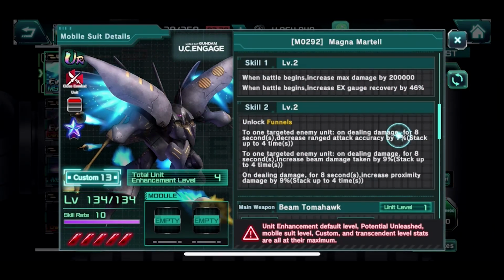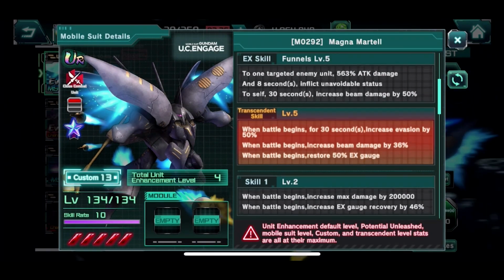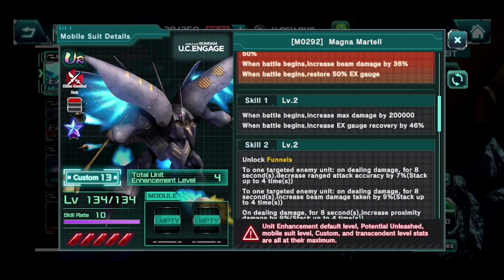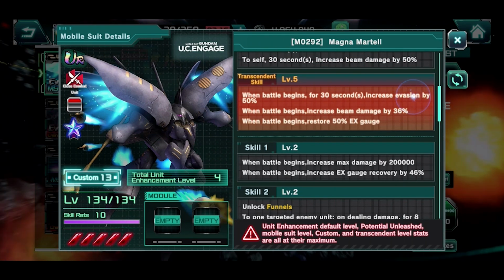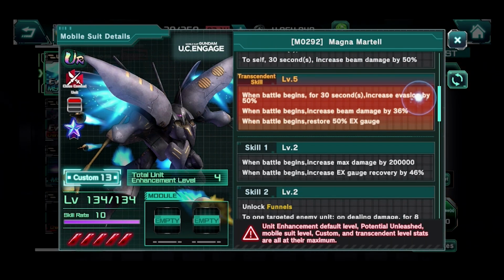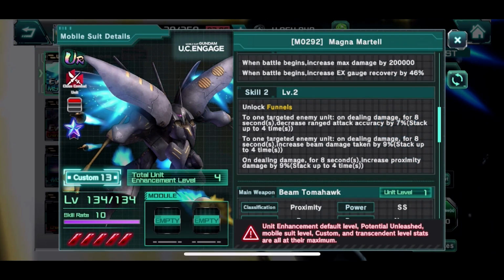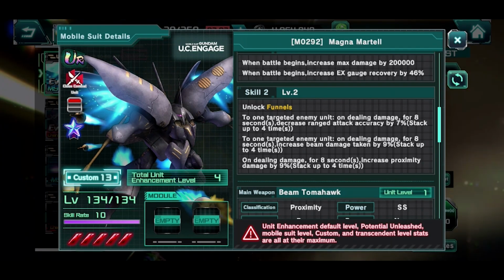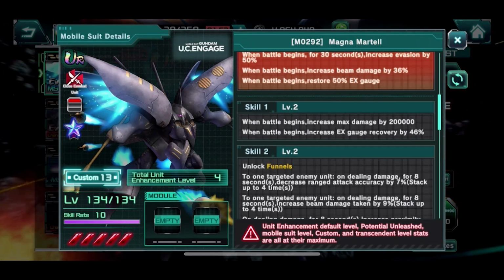I think the biggest problem this unit may face being in close combat is the lack of defensive options. Had they gone for more increased evasion permanently, it would make this unit way better, right? This one is bad because it's only for 30 seconds. If they would have made this one permanent, easily this would have been a top tier unit. Had they replaced this with a permanent increasing evasion, top notch, simply right there. So yeah, this unit only lacks some defensive utility. Otherwise, this unit would have been